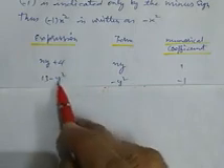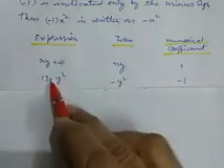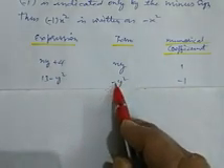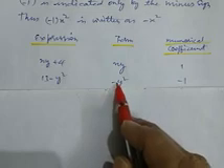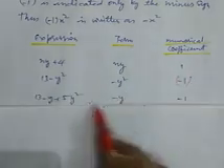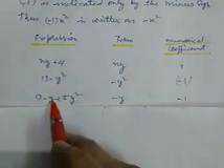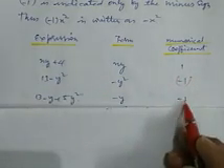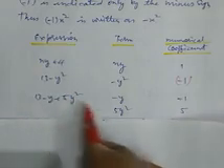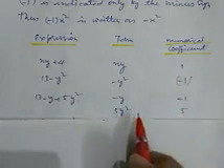13 minus y square. Minus y square is the term, because this sign is included in the term. So here this minus with 1, because 1 is not expressed, minus 1 is the numerical coefficient. Always remember. Here 13 minus y plus 5y square. Here in minus y, the minus is included in y, so the coefficient of y is minus 1. And in 5y square, y square has the coefficient 5. This is the coefficient of y square.